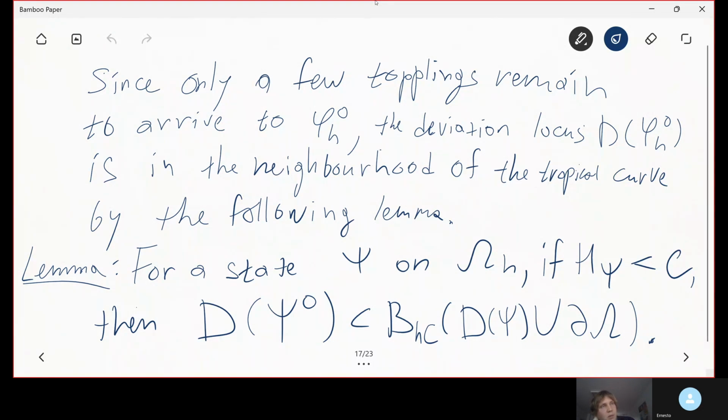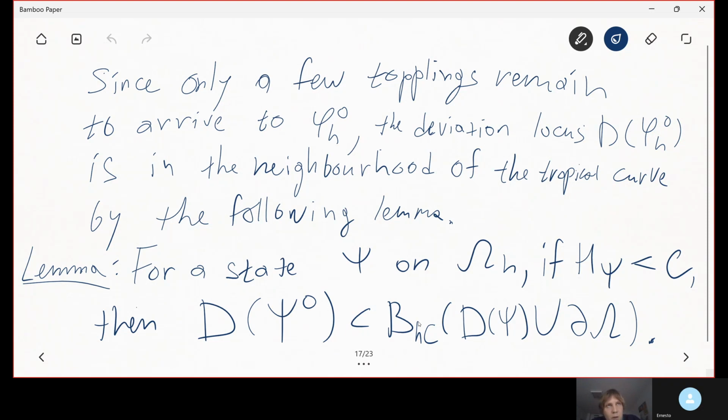Since only few topplings remain, and we know where this intermediate state deviates from the tropical curve, we know that if we do the last topplings, it will still sit somewhere near the tropical curve. And that was the lemma that we proved two expositions ago. This wasn't hard, but it leaves us with proving one more thing, that actually every